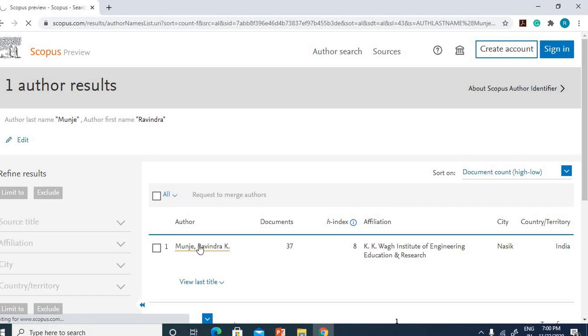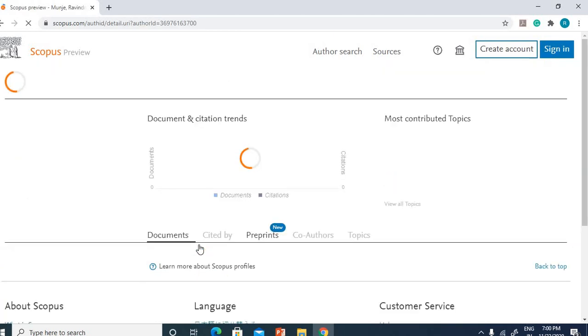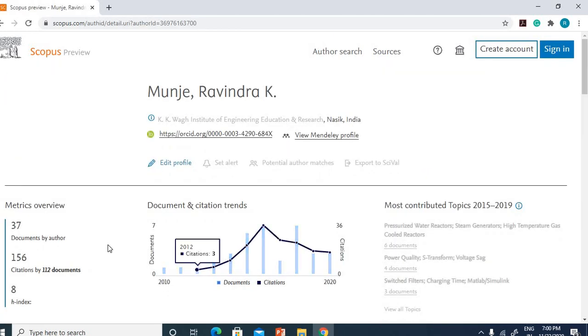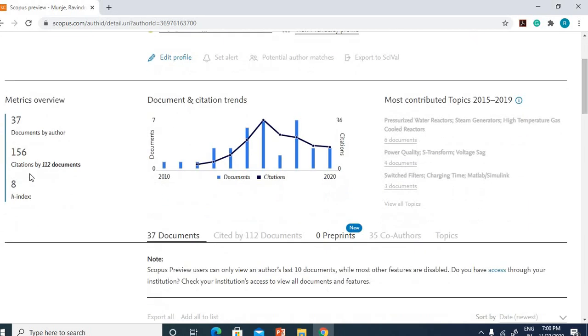If I click here, I can get the number of publications by me, that is 37 publications in Scopus, and the number of citations is 156. So 156 is the citation count and 37 is the number of publications included in Scopus.